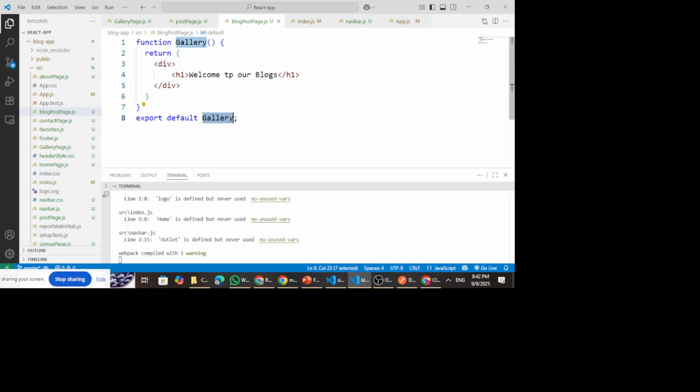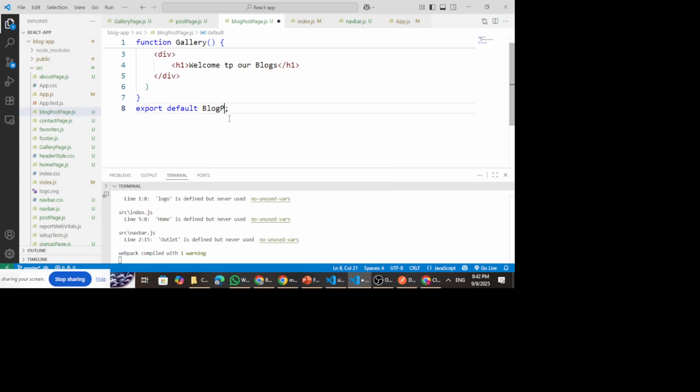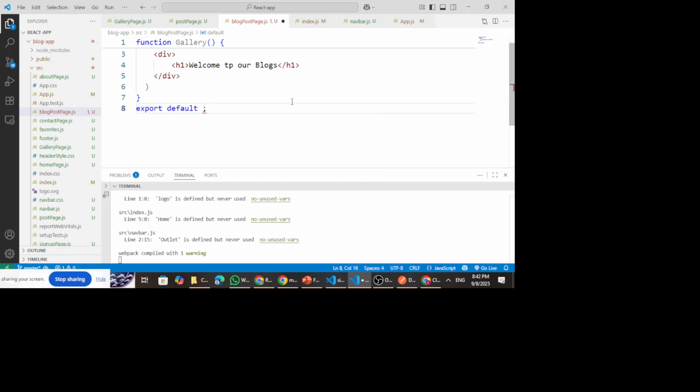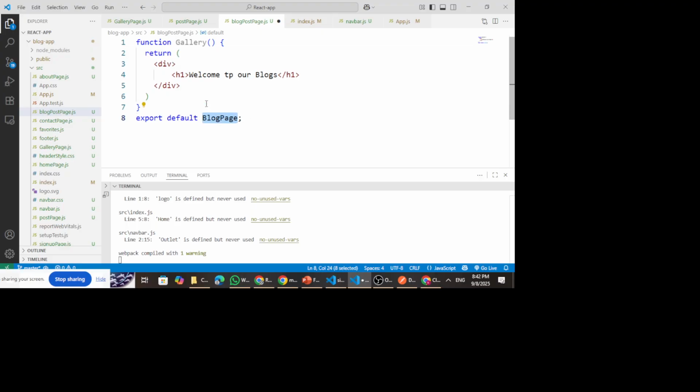And then I want to export it as a blog page. So if it's a blog page, then I also need to name this function blog page instead of gallery. Now we have this component, and what I want to do is go to the navigation bar